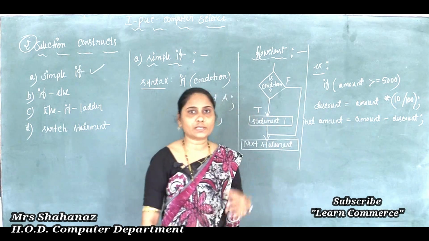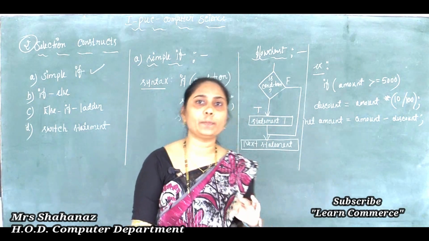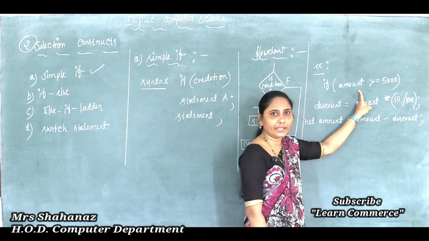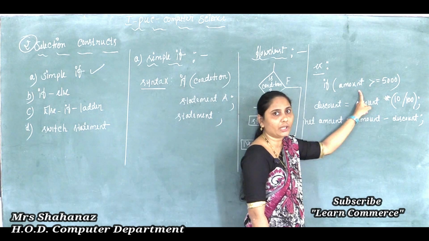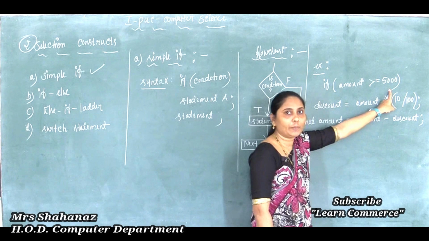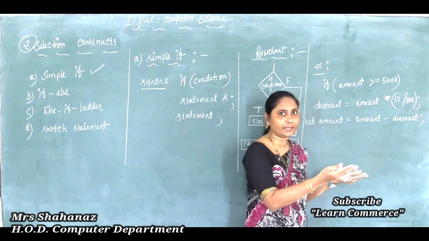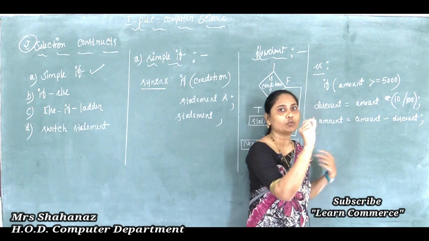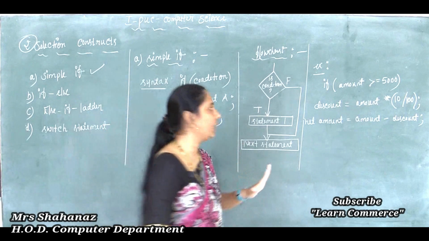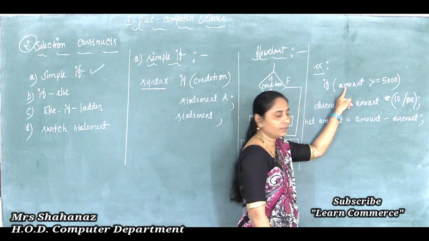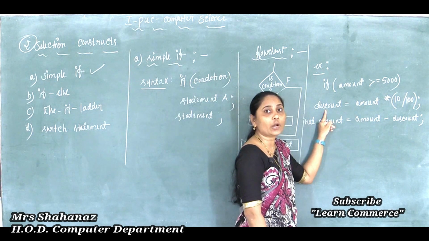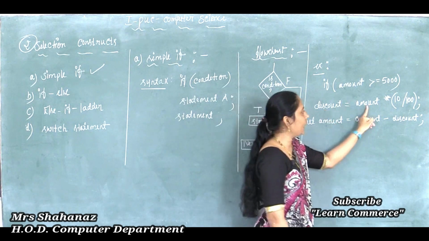So in today's class I want to use a simple example for the simple if. The condition we have written is amount greater than or equal to 5,000. Maybe any amount that is greater than 5,000 or equal to 5,000. 5,000 ginta ಹೆಚ್ಚು idre adu namma condition. If it is true, then this statement executes. ಯಾವ statement execute ಆಗ್ತದೆ? ಆಗ discount calculate ಆಗ್ತದೆ. That means the amount ನಮಗೆ ಗೊತ್ತಿದೆ.